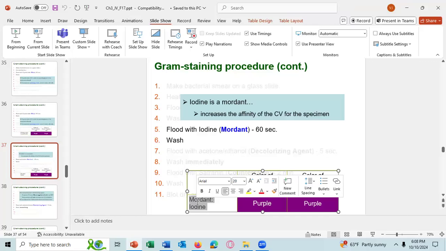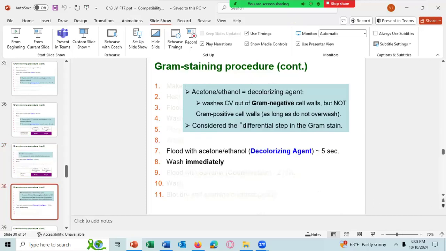So iodine could be used as a stain, but in the gram stain, we're not using it as a stain. We're using it as a mordant. All right. You then dump off as much of the water as you can. You don't need to get all of it off. And you add the